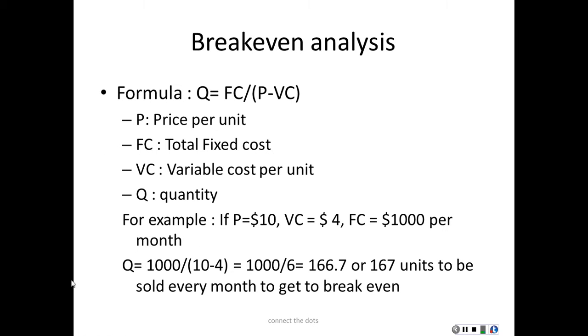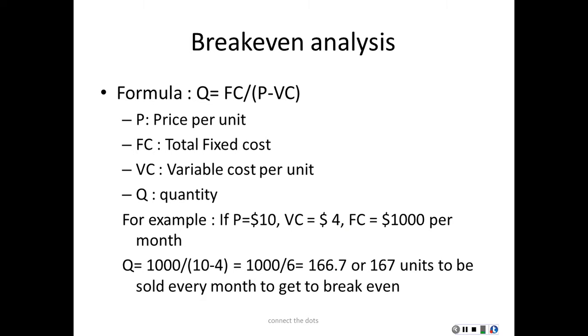So what is the break-even formula? The break-even formula basically is that we are looking at our total fixed cost in our business, and we are dividing it by price minus the unit variable cost. Basically, that is the gross margin per unit. How much do we have, and how much fixed cost do we have to cover? So, P is the price, FC is the total fixed cost, VC is the variable cost per unit, Q is the quantity. So in our example, price is 10, variable cost was 4, fixed cost was 1,000 per month. If you put this in this formula,